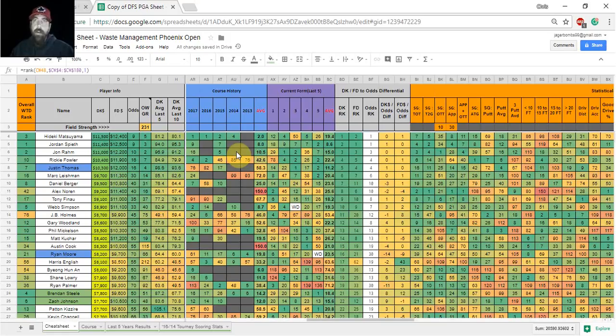I think he's going to be in that 5 to 10% range, so I really don't think you need to be. You don't have to have a whole lot of exposure to him to have more than the field this week. I think he's going to be a little bit lower just because he's missed the cut the last 2 years. He has had some success here, with a T17 in 2015,